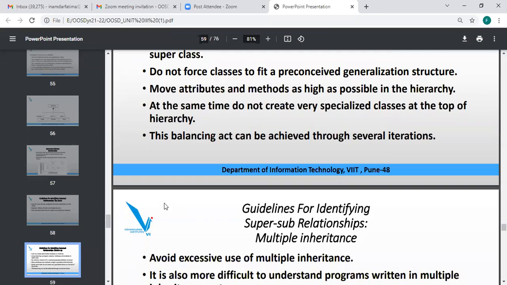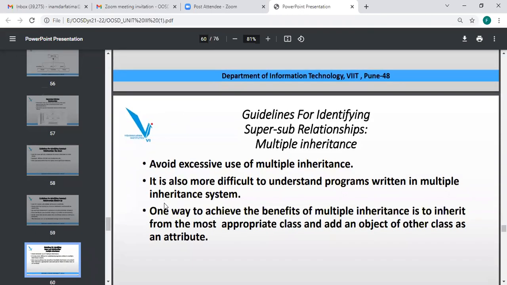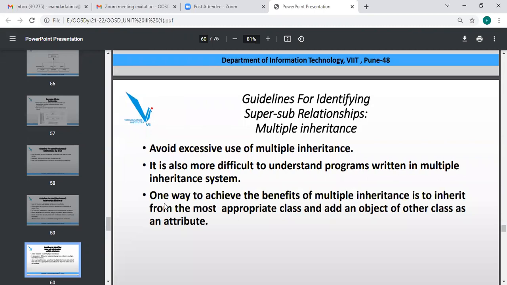There is also something called multiple inheritance, whose excessive use we should avoid. Whenever we design a class diagram, the guideline is to understand the generalization concept, where one class inherits the properties of the superclass.